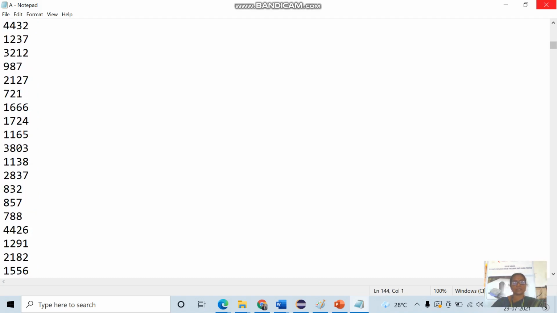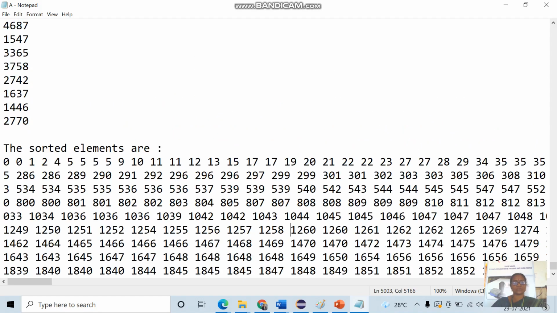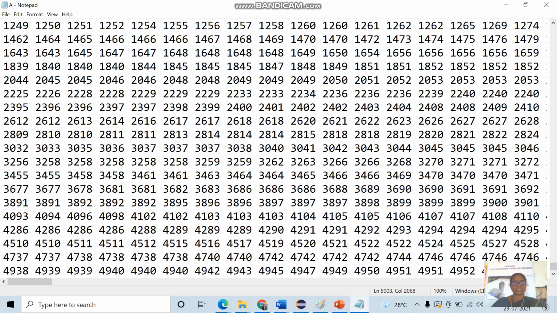It will be a lengthy one because I gave 5000. Once the 5000 values are generated using the random class, they are sorted using the quicksort algorithm. These are all the quick sorted list of random numbers.